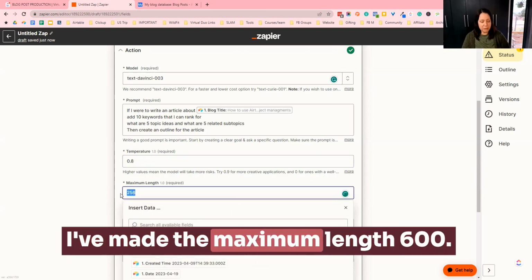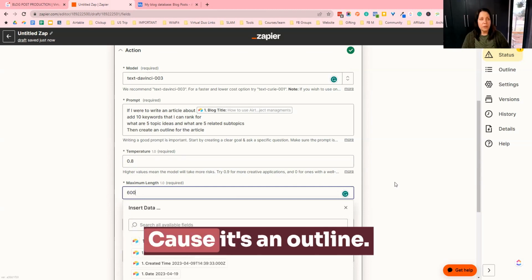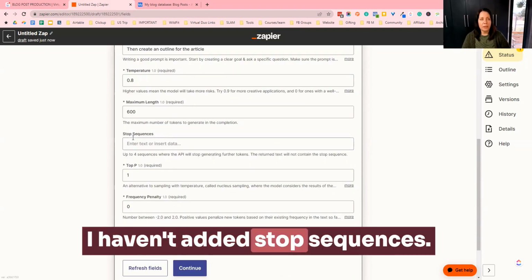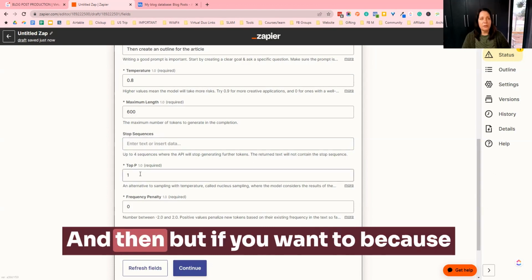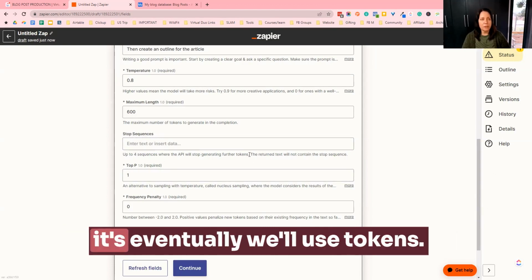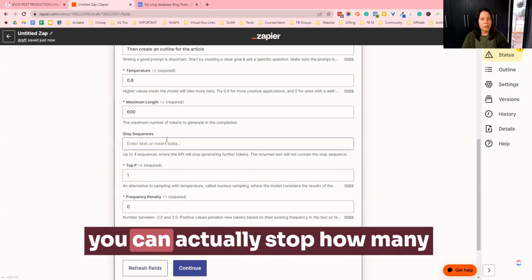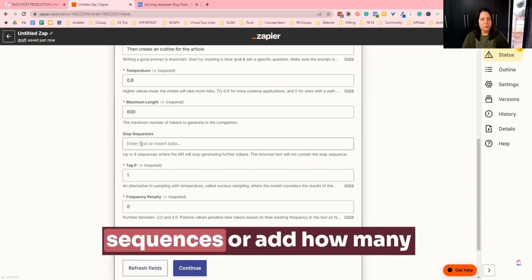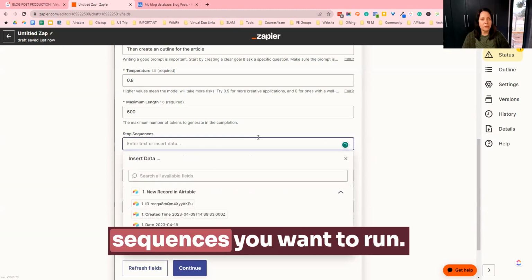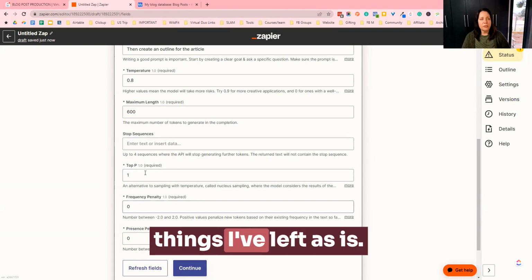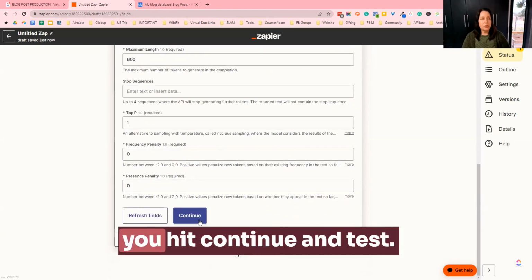I've made the maximum length 600 because it's an outline, it's not a full blog post. I haven't added stop sequences. But if you want to, because it eventually will use tokens if you have a paid account, then you can actually stop how many sequences or add how many sequences you want to run. And then these 3 things I've left as is. So then what you do is you hit continue